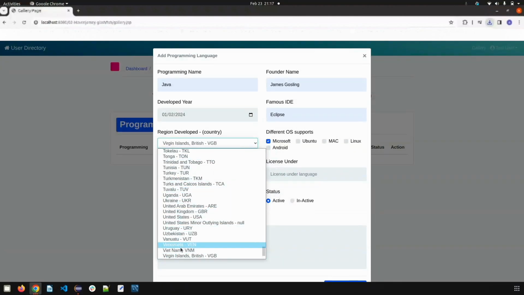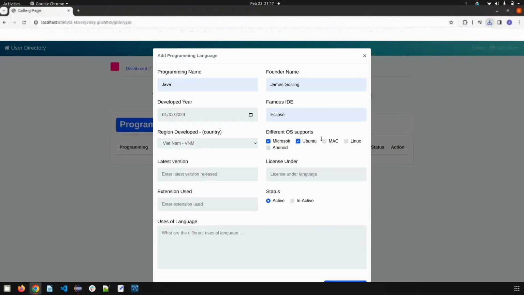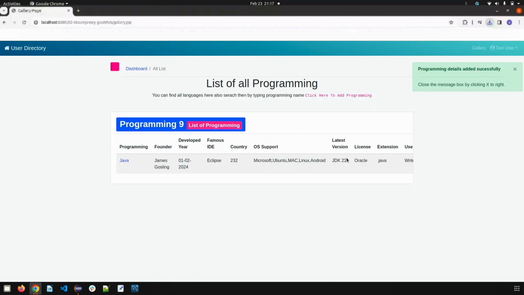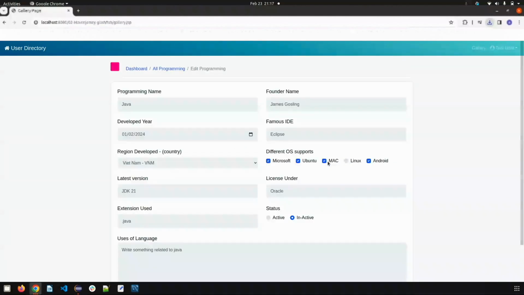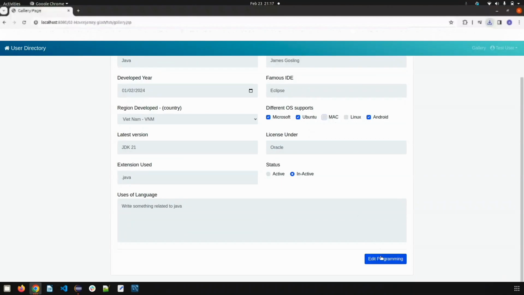If I give all these details like programming name, founder, all these things, here I used all the input forms like checkbox, radio button, text area, date. So you can get all the concepts of how these fields can be saved, and if a user wants to edit, then how you can show these details as pre-filled. So these are the concepts that I cover,